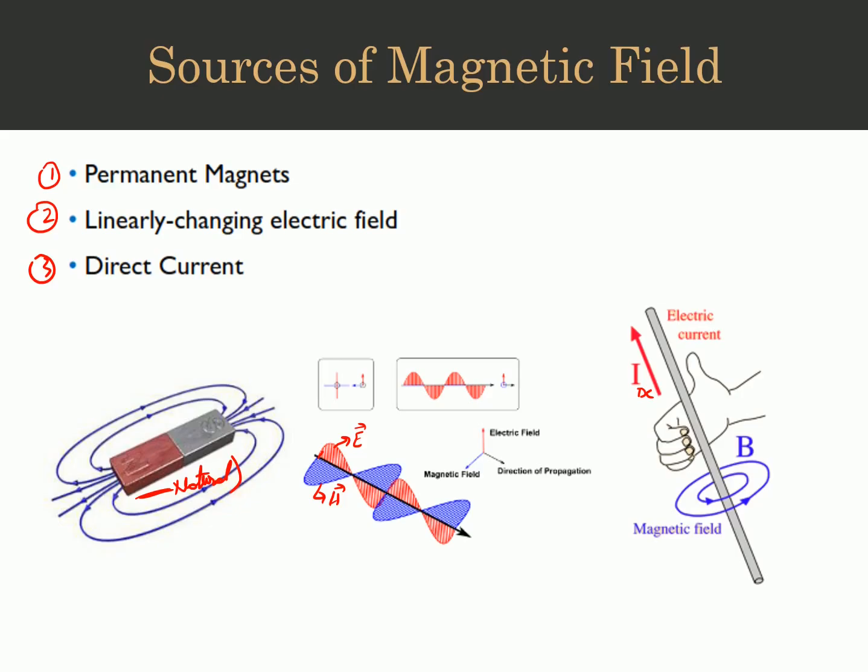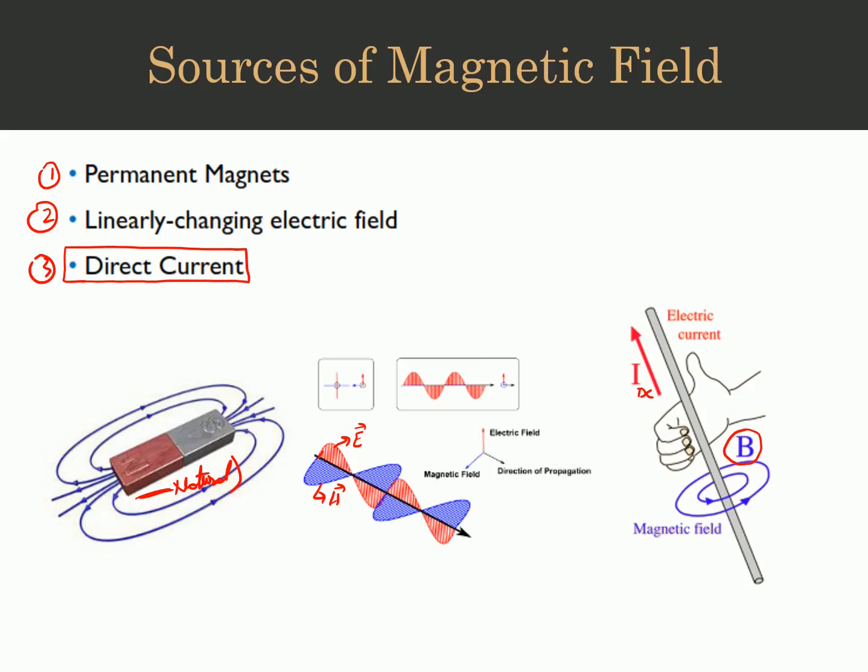So if the current is moving in the upward direction, the magnetic field, here represented as magnetic flux density B, is going to be generated in a closed loop around this conductor. We have discussed this, and you have probably heard about Ampere's law, which defines the third portion. Normally in this chapter we are going to focus on the source of magnetic field being a DC current